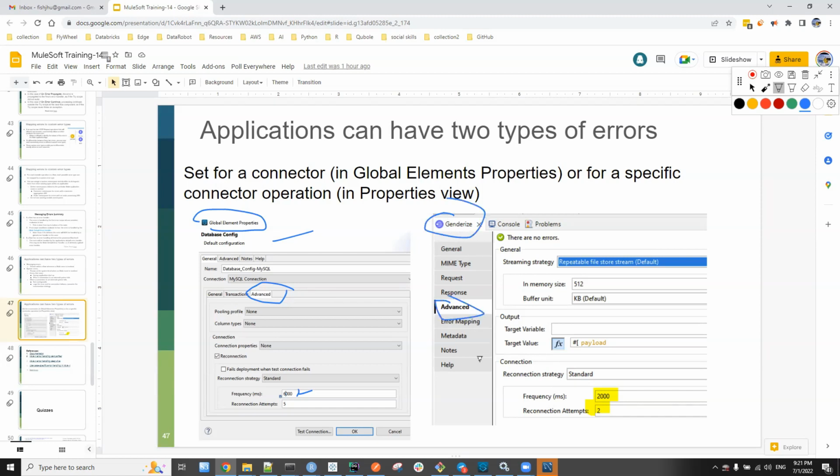You can go to advanced and, by default, this reconnection strategy is none. You select standard, and the reconnection attempts and the frequency can be specified here. So this is what we can do with system errors. The rest of the types of errors we have been dealing with are messaging errors or main errors.